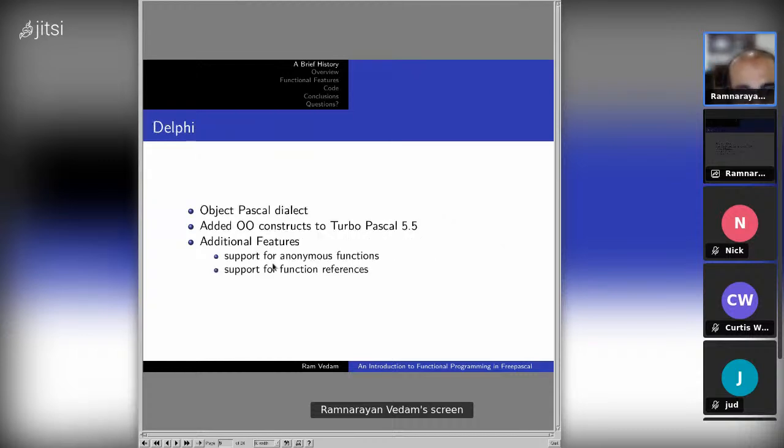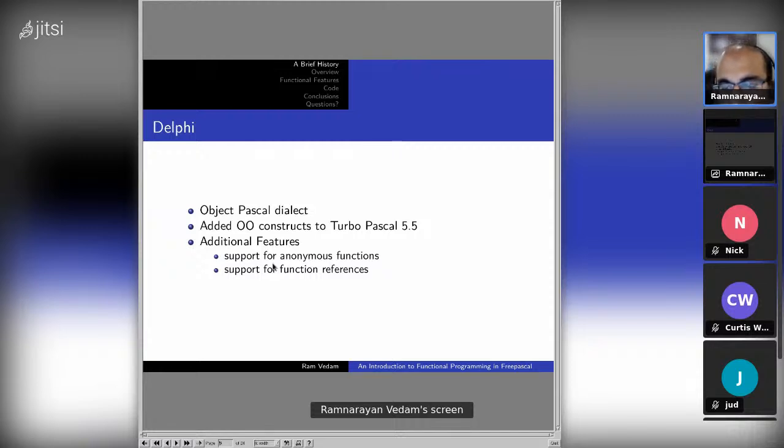Delphi is a dialect of Object Pascal in that it adds to Turbo Pascal 5.5, which most of us are most familiar with. It's also known as Borland Pascal, because after, I think, 6.0 they renamed it.